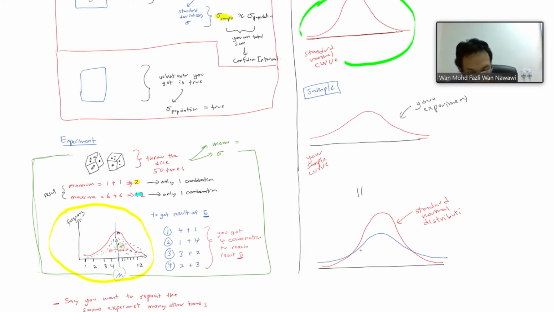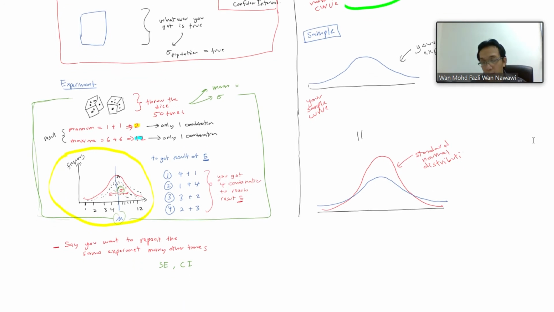For that case, I've used blue, so let me change this to blue, so at least it's not confusing. So when you superimpose, you get something like this. The blue graph is your distribution. It looks like normal, but it's not exactly the same as the standard normal distribution. Because it's not exactly equal,